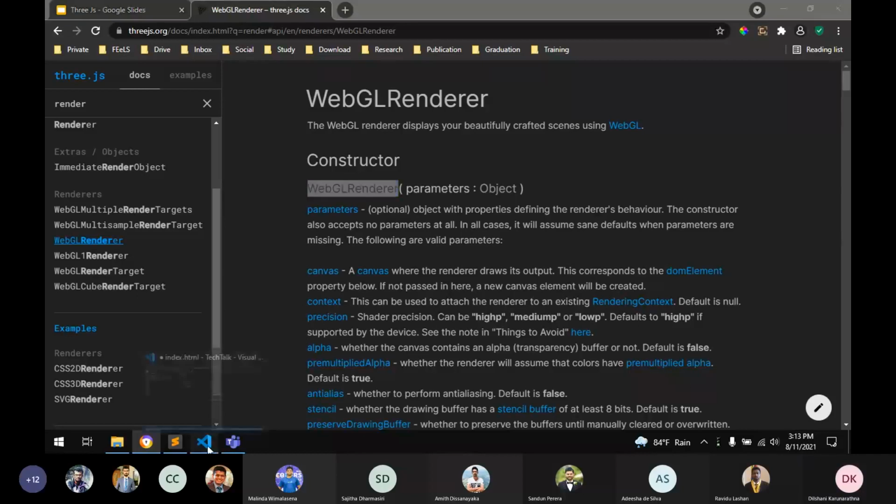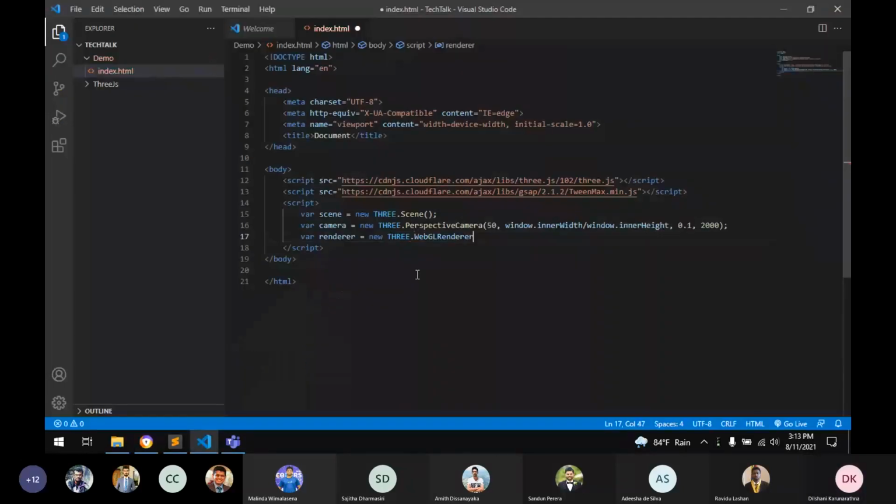And since the parameters are optional, I'll keep that empty.